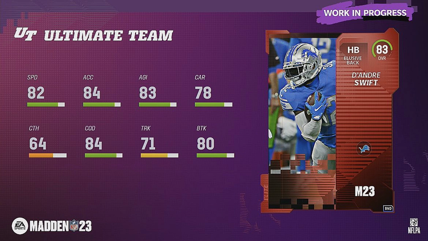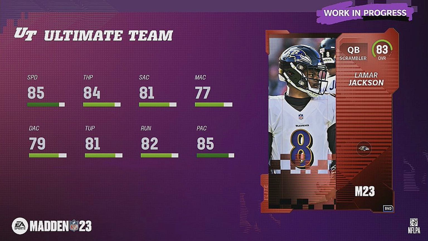DeAndre Swift, only 82 speed and surprisingly only 64 catching for one of the best receiving running backs last year. A little bit confusing on the stats for that card. Lamar Jackson, this is actually a very good card. If you're more of a scrambler of a quarterback, I see the scrambler archetype. 85 speed is really, really solid. You're not going to have an escape artist, but 85 speed I think is going to be the fastest quarterback